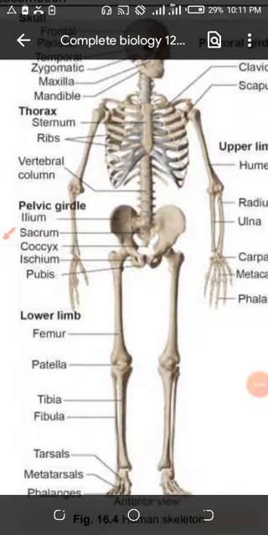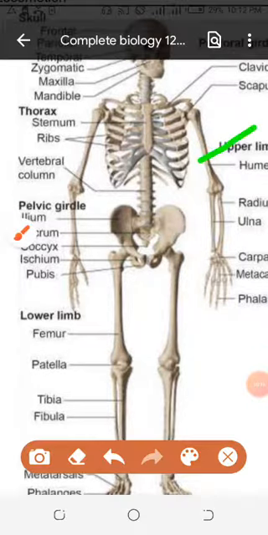Now I am going to tell you the strong nature of the hind limb. Look at the name of the hind limb. You can say it is the lower limb. This is the upper limb, your arm, and this is the lower limb. If you don't like the term hind limb, you can use lower limb.